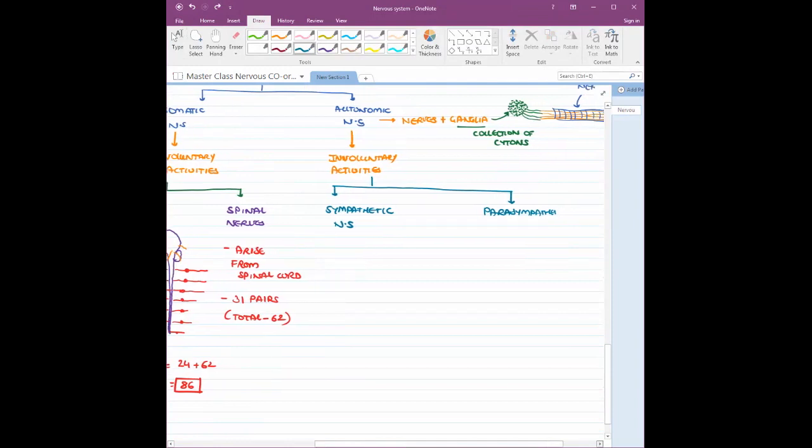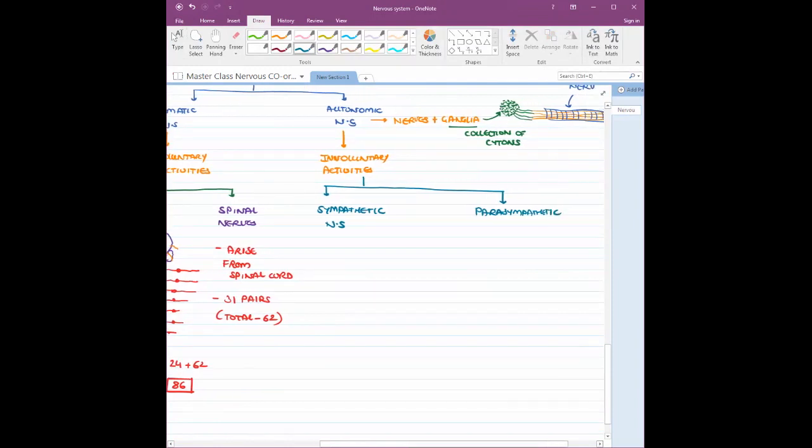Okay, so let's try to understand the difference between the two, sympathetic nervous system and the parasympathetic nervous system. Now, sympathetic nervous system, guys, what do we need to know with this? The sympathetic nervous system, always remember, is the one which excites the body. It is going to make you suddenly